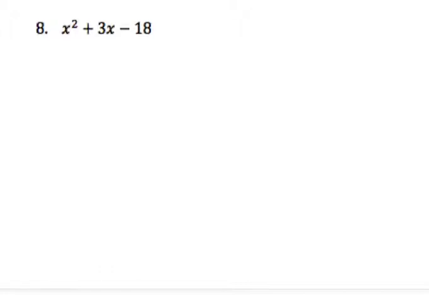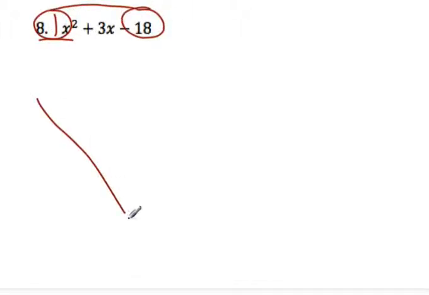Last but not least, let's take a look at number 8. And again, we want to set this up to factor. So I'm going to put a 1 here. So I'm going to multiply 1 times negative 18. So when I do that, I'm multiplying to negative 18 and I'm adding to 3. So now I want to ask myself what multiplies to negative 18 and adds to 3. Well, first of all, we have a negative product, which means we're going to have a positive and a negative